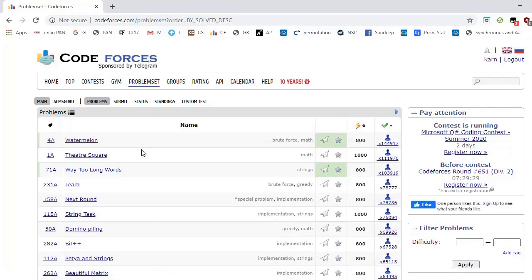As you can see, Watermelon is the most solved problem on Codeforces. Here 4A represents the problem tag and Watermelon is the name of the problem, and we have tags for each problem like brute force and maths. This tells the domains of the problem.